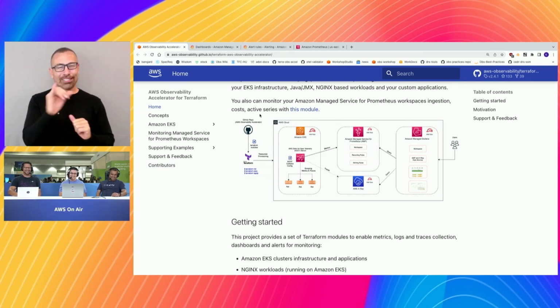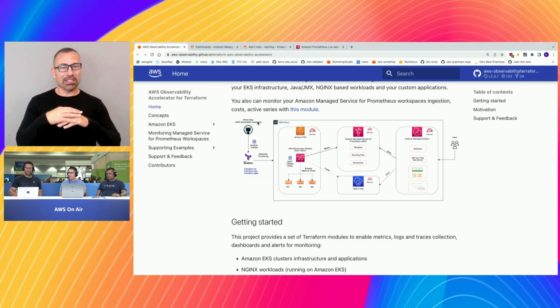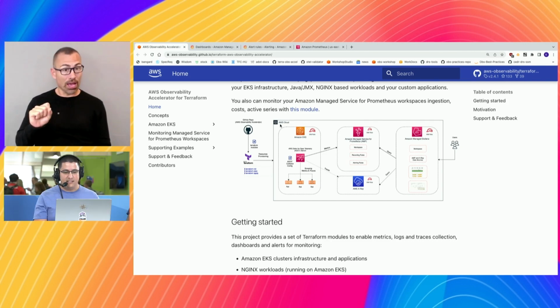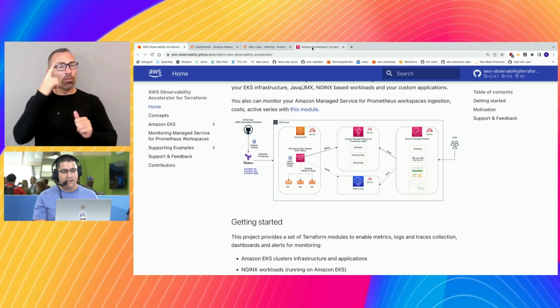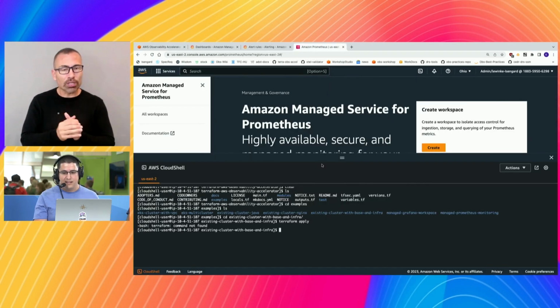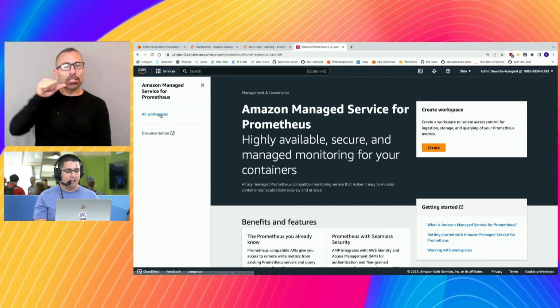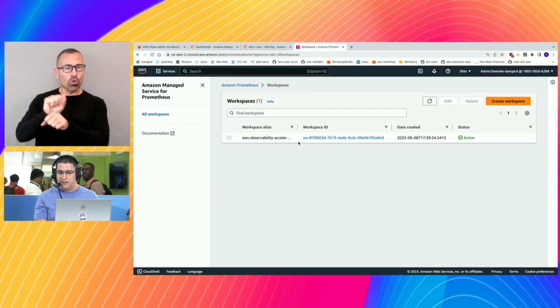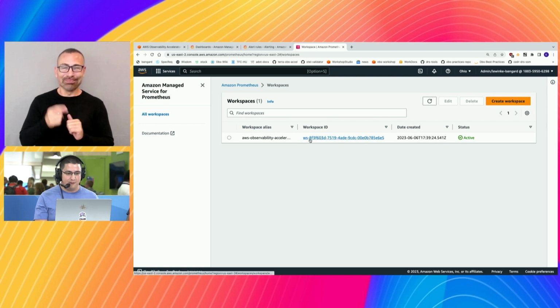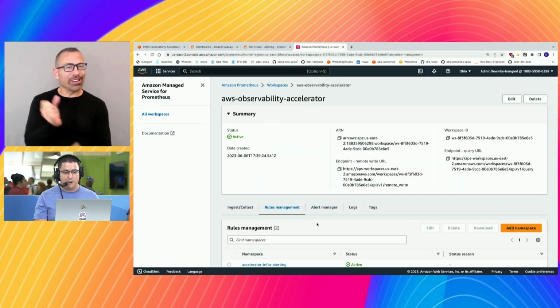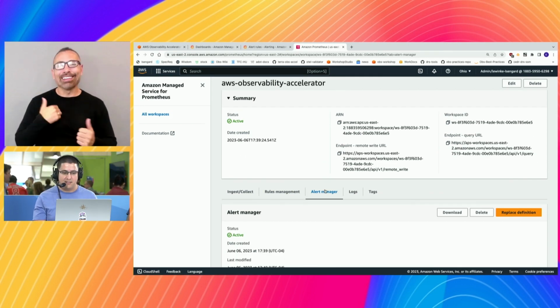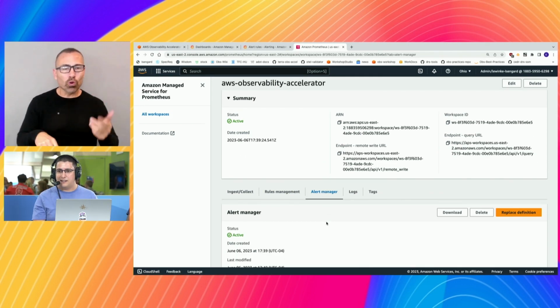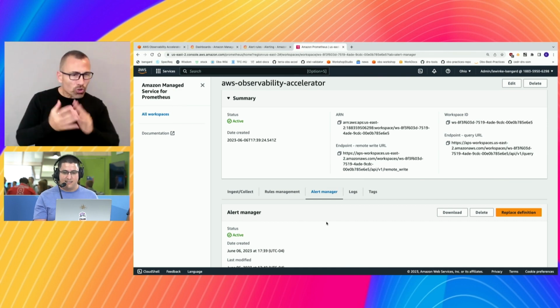Right, exactly. So basically I fed this a blank EKS cluster with nothing running on it. We deployed the OpenTelemetry operator to scrape metrics and traces, and then it sends them all to an Amazon Prometheus workspace. This was all created by the open source accelerator. You don't have to do anything. It's all created for you, and it comes with recording rules and alerts to help you manage your metrics.